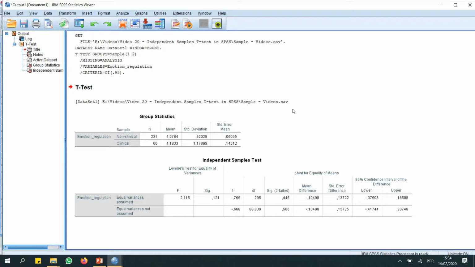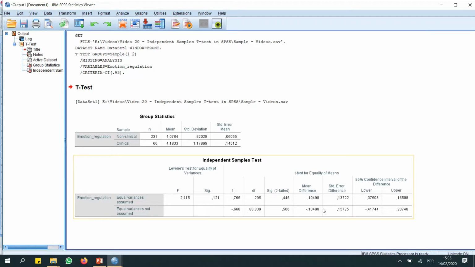So, in this problem, we cannot reject the null hypothesis, because the null hypothesis is the absence of effect between our mean groups, okay? Between the mean of these two groups, as we may see, our p-value is not significant. Therefore, there aren't differences between emotion regulation in these two samples, okay? So, therefore we cannot reject the null hypothesis.